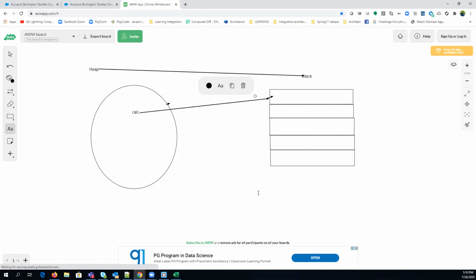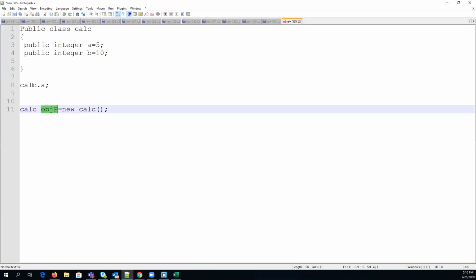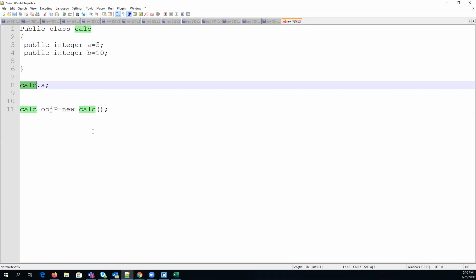That will point to the new memory location. objp will be holding the new memory location, which has a particular address, and you can access all your details directly using objp. So instead of Calc, if you use objp, you will be able to get the value of a.